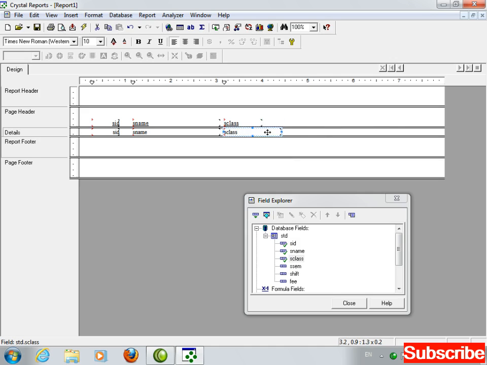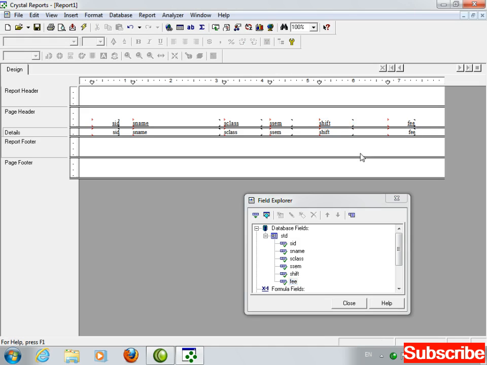Make it smaller. For semester, same case. Next one, shift. And this one as well. And after shift, what you are having? The fee. Click on this fee, drag and drop it here in the detail section.